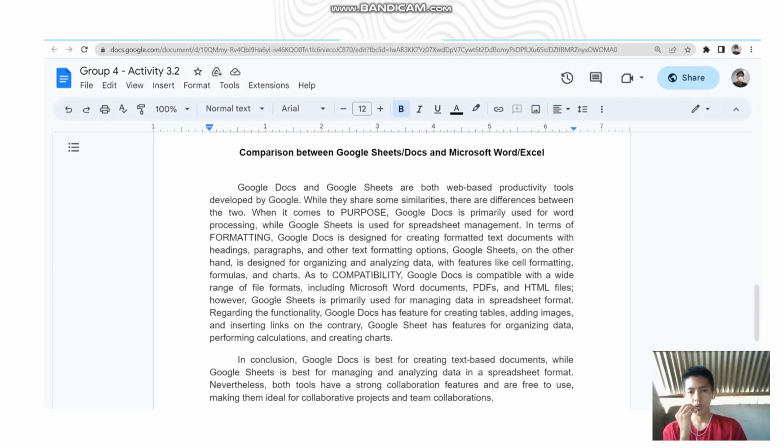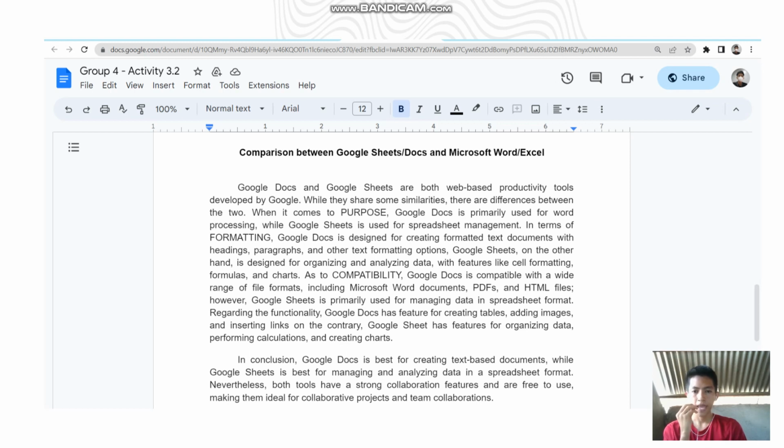So, the comparison between Google Sheets and Google Docs and Microsoft Word and Excel. Google Docs and Google Sheets are both web-based productivity tools developed by Google. While they share some similarities, there are differences between the two. When it comes to purpose, Google Docs is primarily used for word processing, while Google Sheets is used for spreadsheet management. In terms of formatting, Google Docs is designed for creating formatted text documents with headings, paragraphs, and other text formatting options. Google Sheets, on the other hand, is designed for organizing and analyzing data with features like cell formatting,